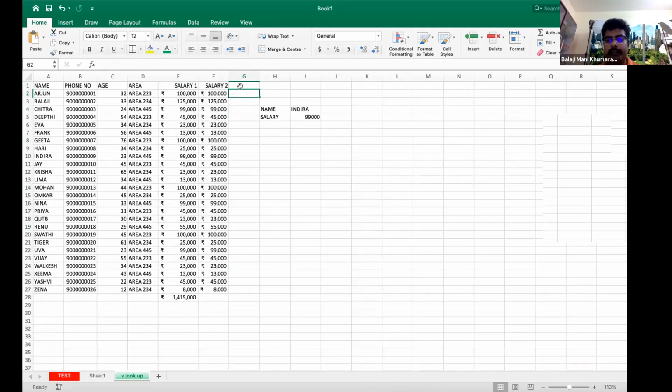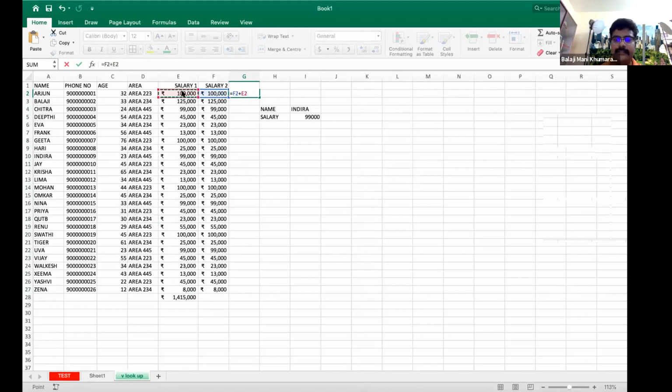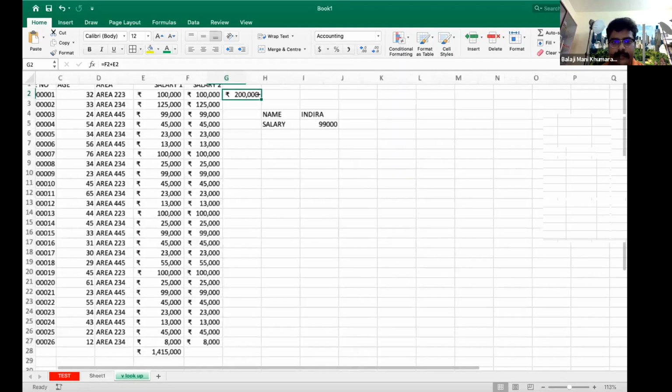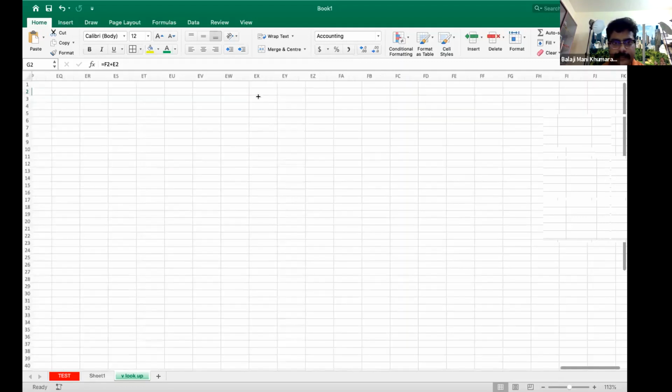To add, I give an equal to sign, click on this cell, give a plus, click on this cell and give enter. So now that this addition is done, in order to do the other additions, I need not be entering one by one.